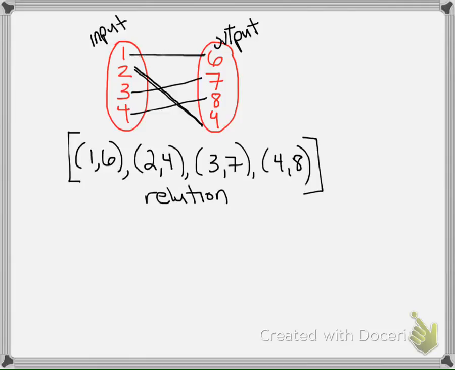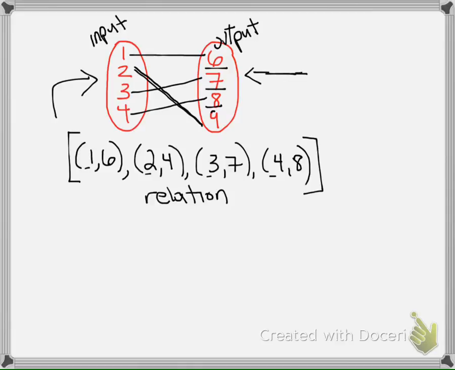Now I'm going to ask you a review question. Are you ready? Can you tell me the domain of this relation? Now remember, the domain are all your X values, your input values. So the domain would be 1, 2, 3, and 4. And notice, it's this oval. The input oval is your domain. All of those numbers are already expressed as a set of numbers together. And what would the range then be? It would be this output oval. And so we could easily identify the range as 6, 7, 8, and that's supposed to be a 9,